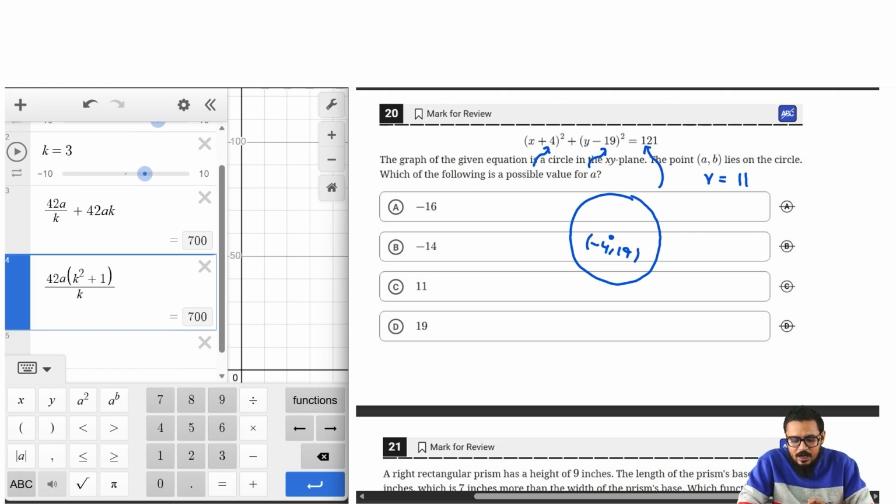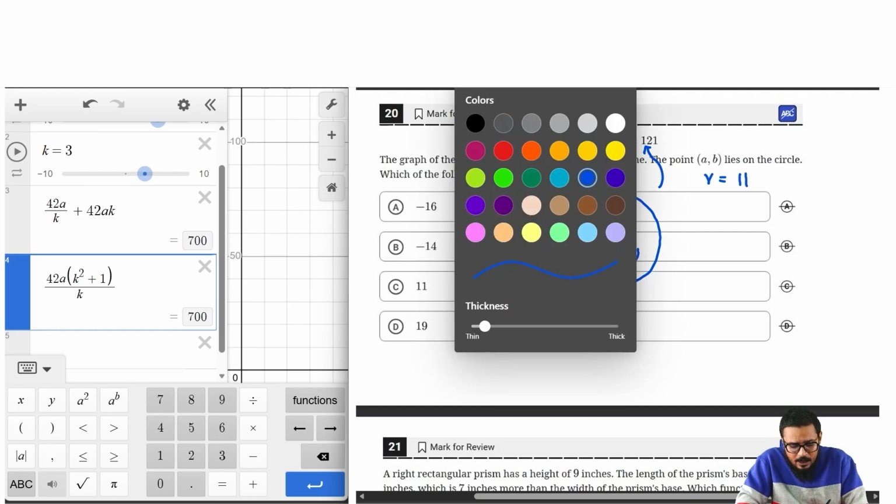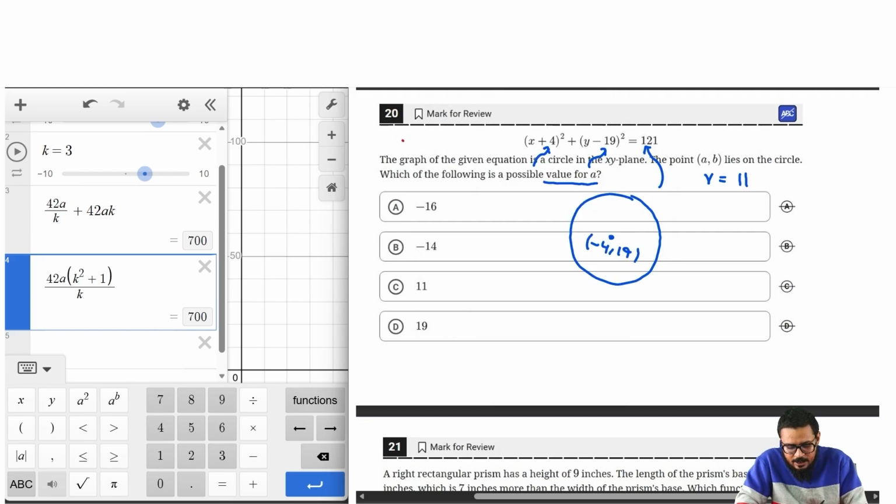Now, the question says that point (A, B), where A represents the value of x and B represents the value of y, lies somewhere on the circle. Which of the following is a possible value for A? So we're just looking at A, which is the value of x. If you move rightwards from your center, what is the extreme value of x that could lie on this circle? I'm looking to calculate that number. So if you add to minus 4, the value of x at the center,